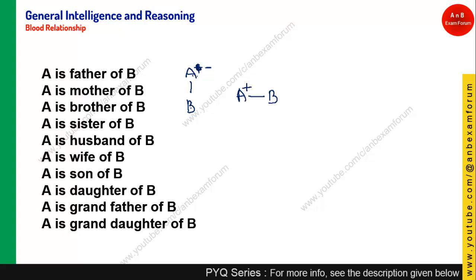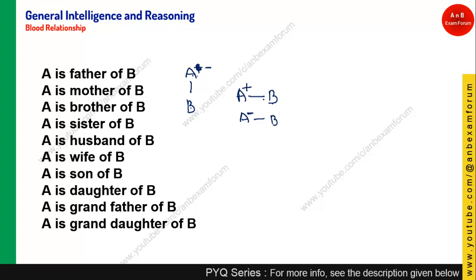In other words, either B is a sister or it is a brother. Okay. In the next, A is sister of B. What does this mean? A is sister of B. A is female, so it will be minus. So brother and sister are relations denoted by this